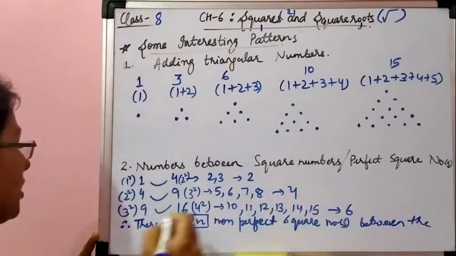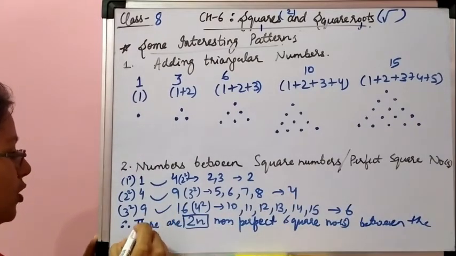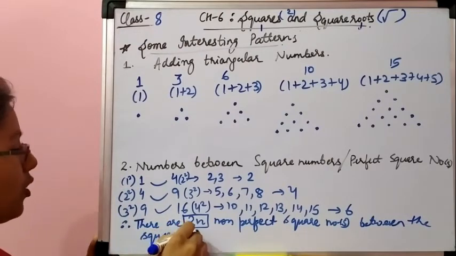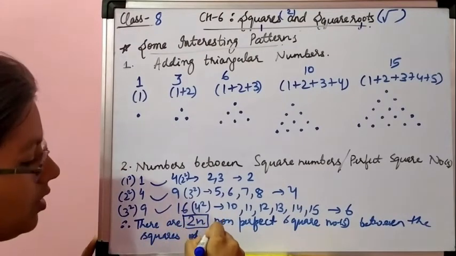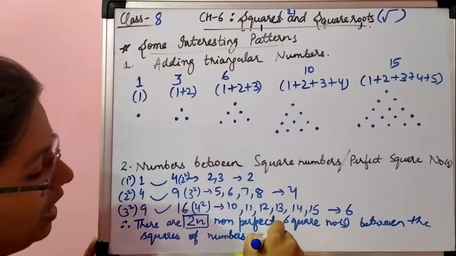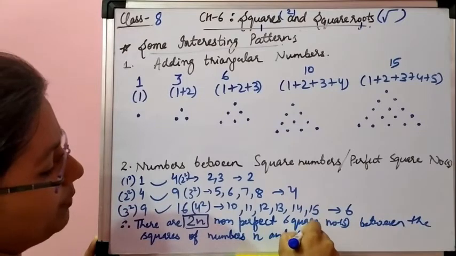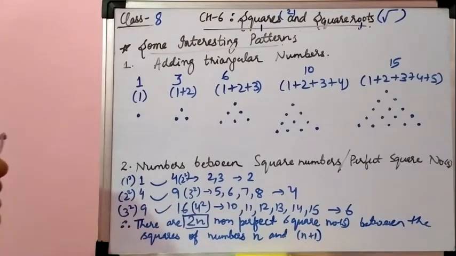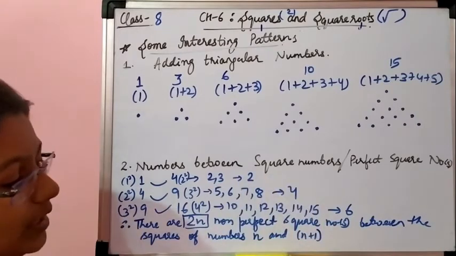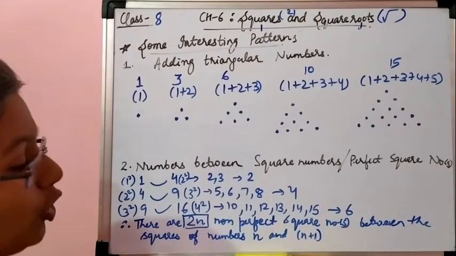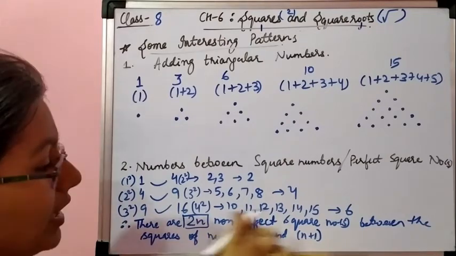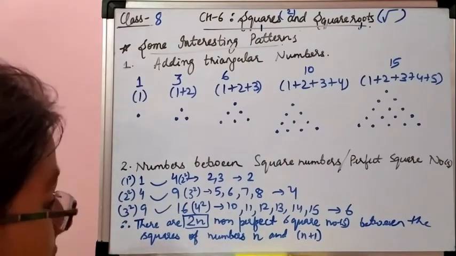These are all the non-perfect square numbers between the squares of numbers n and n plus 1. Okay, what does it mean? n and n plus 1. If one number is 1 then the other will be 2. If one is 22 then another will be 23. So if we have to find how many non-perfect square numbers come between the square of 22 and the square of 23,